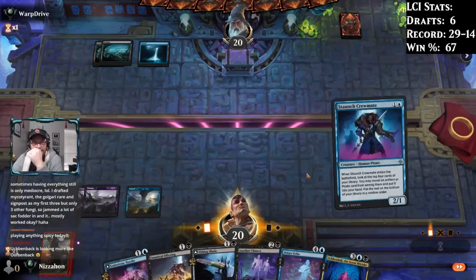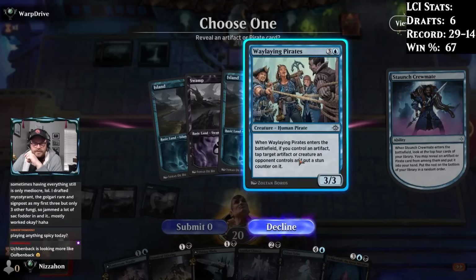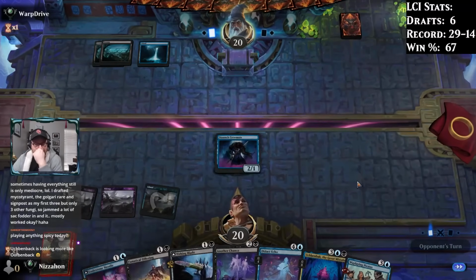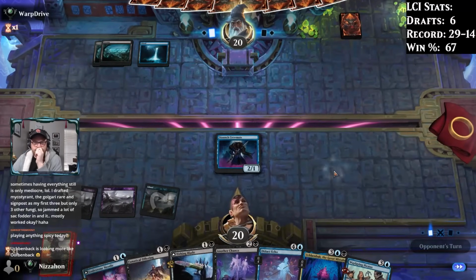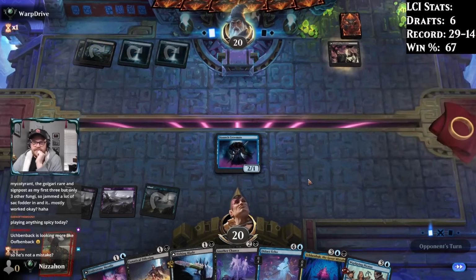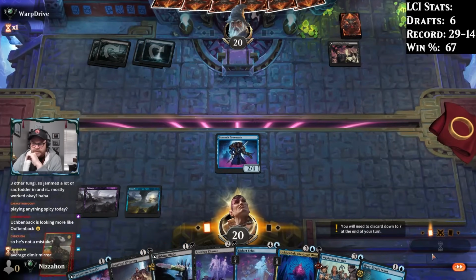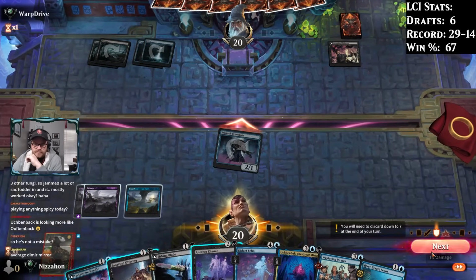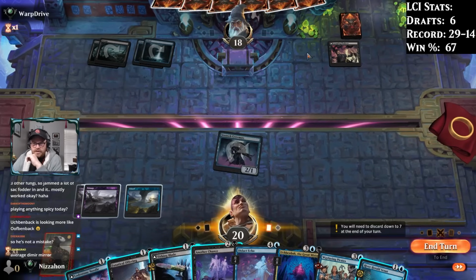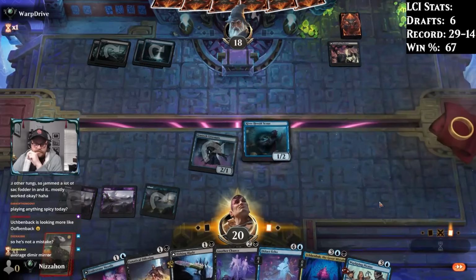All right, let's play Crewmate. Grab a Waylaying Pirates. So as soon as they play a creature, we'll hit it with Tithing Blade, which always feels good. All right. Okay, so let's attack for 2. I am curious about this card. I haven't played with or against it yet, so...